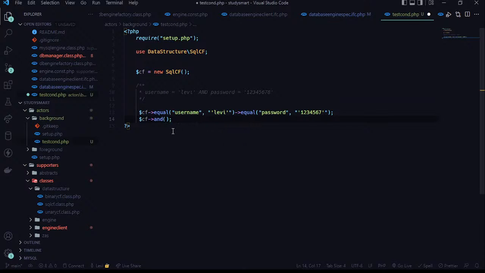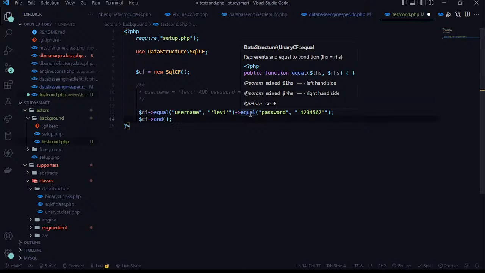So now when you execute this method, they return the parent. So if you return the parent, now this one is going to return a unary